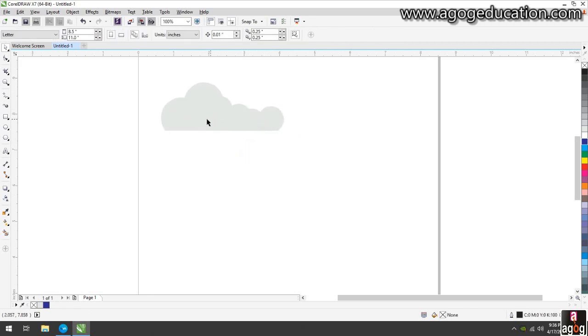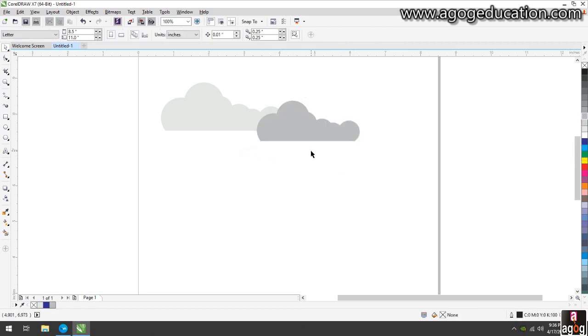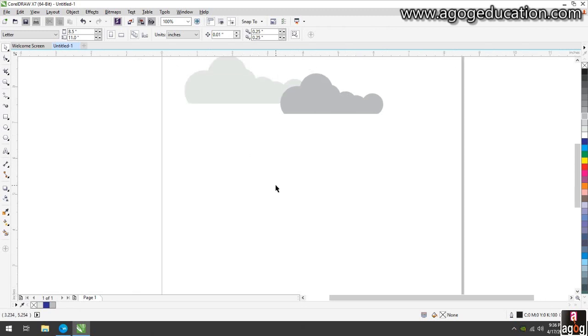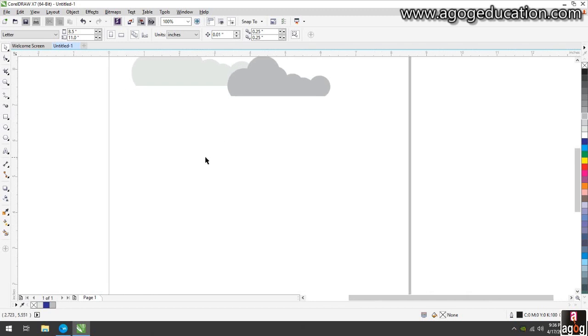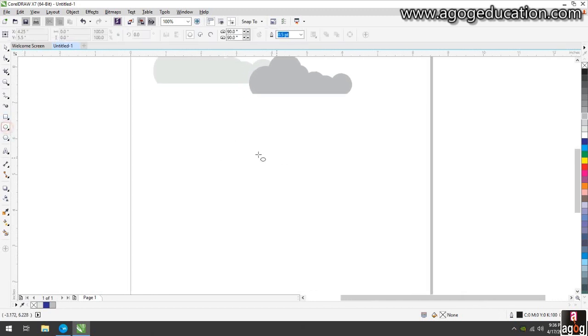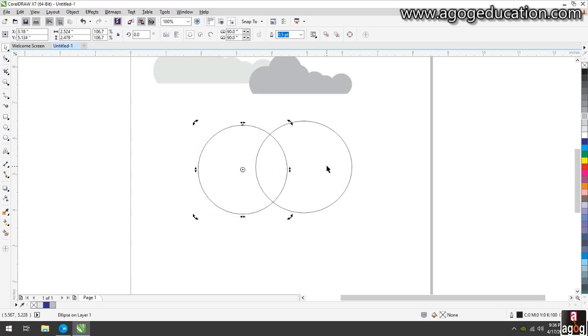Now just make a duplicate. Okay, what we are going to do now is use the intersect option. When you overlap two or more objects, you can see a shape appearing virtually inside those shapes.